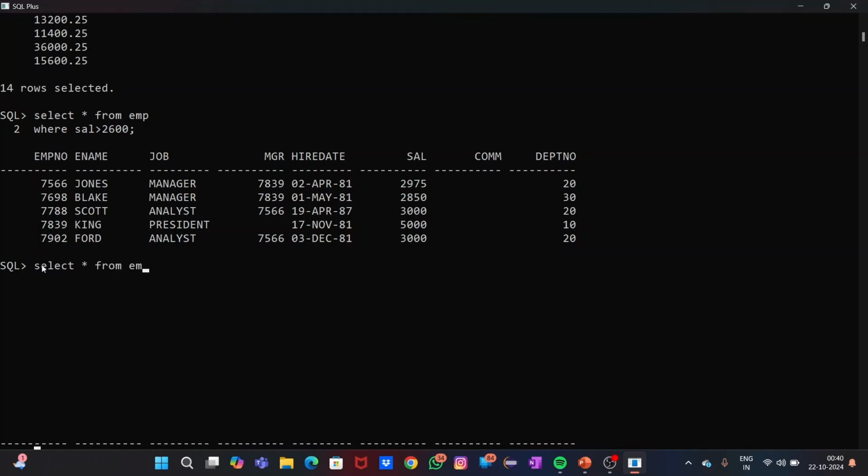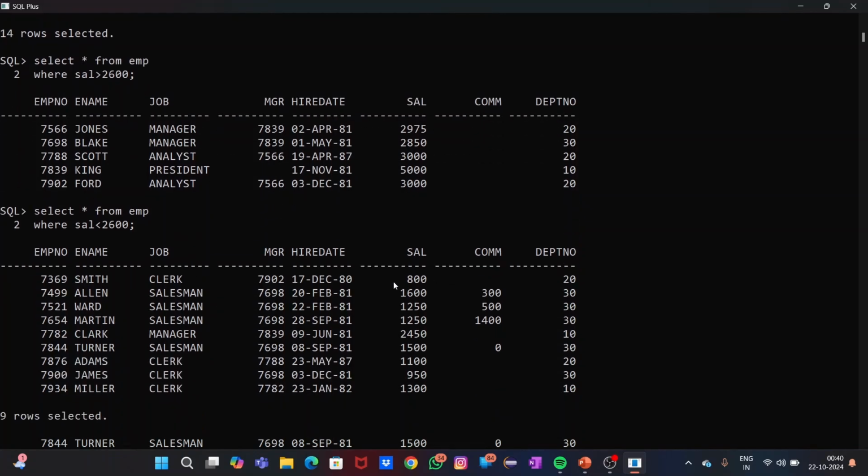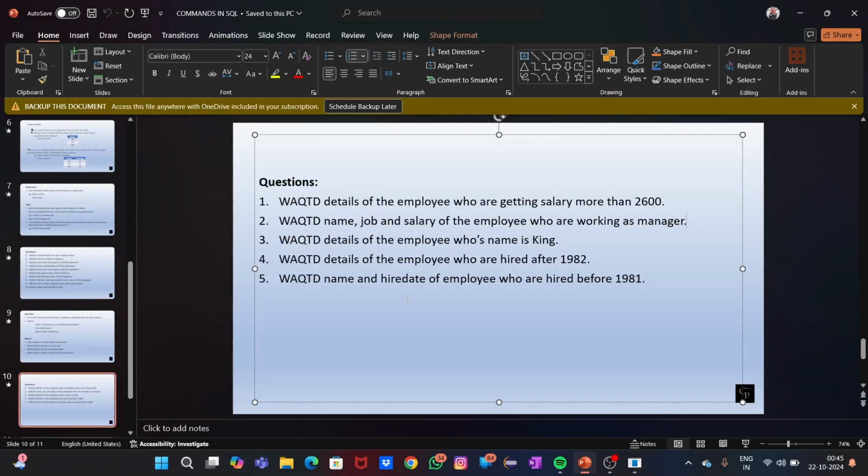Select star from emp where sal is less than 2600. Yeah, now see the salary 800, 1600, 1250, another 1250, 2450, 1500, 1100, 950, 1300. So all these salary are less than 2600. Get it? Now second question, write a query to display name, job and salary of the employee who are working